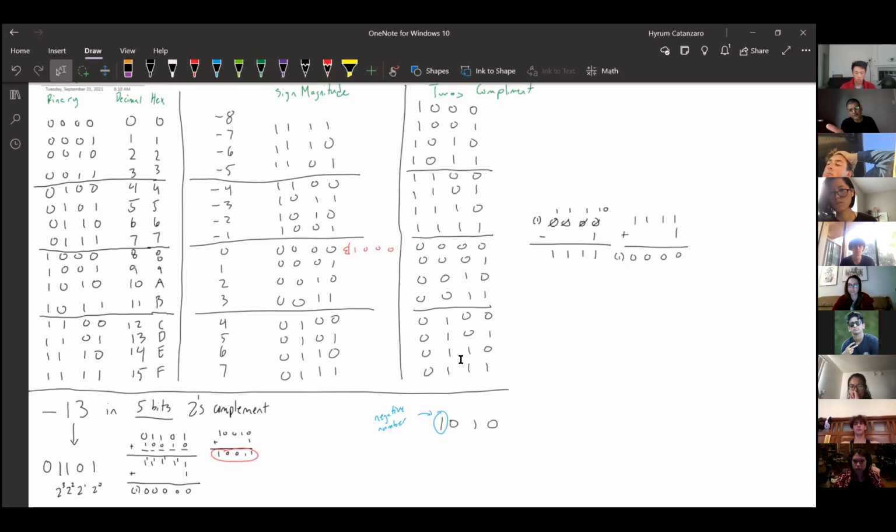Is everybody okay with this so far? See, you added 1, you get all zeros, you get the carry, you throw away. That's your two's complementation. That's how we translate from decimal to binary, binary to any other conversions you want to go through, you can go through now. Otherwise,